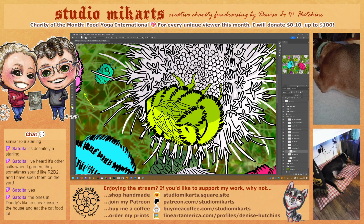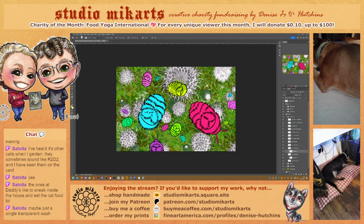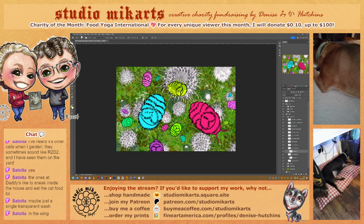Let me zoom out. So I think they look fine without the black patches being colored in. The black patches would include all of their legs and that little patch that's above the heart-shaped fuzzies above their wings. And then this patch of fur above that. So there's this bald patch here, and then this next part is also black. Their head is